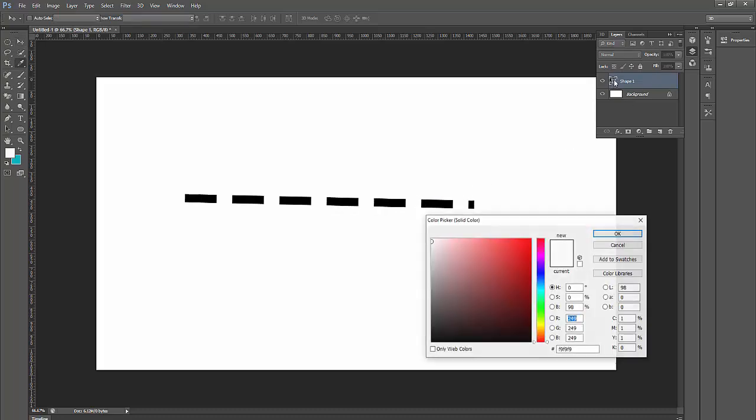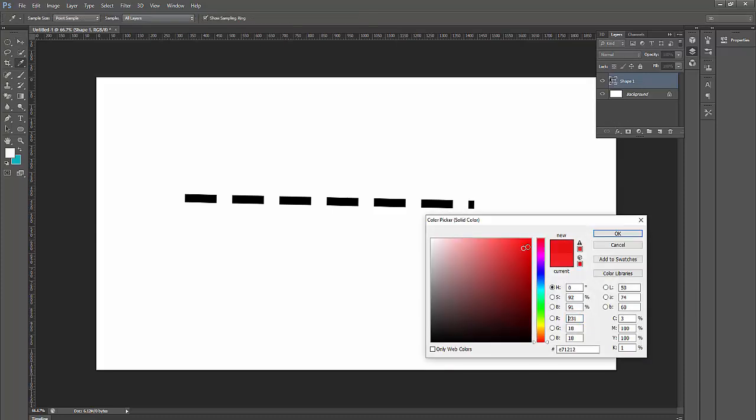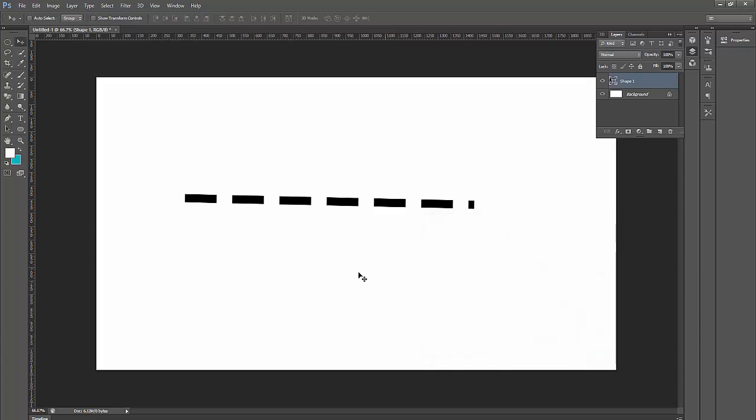Now go into the shape option. Now select and double click. Now choose a color. Now click OK. Now you can see, then again